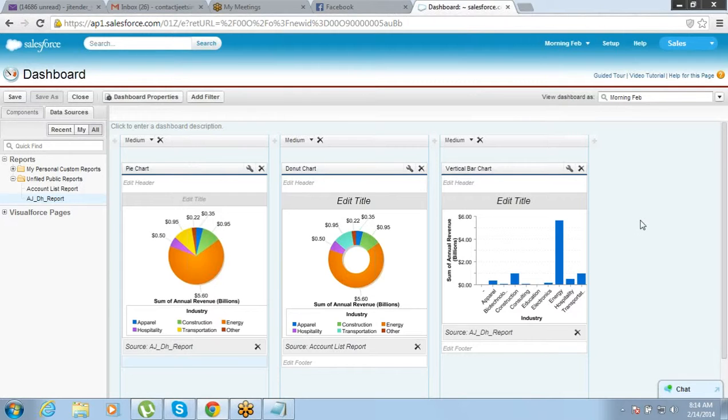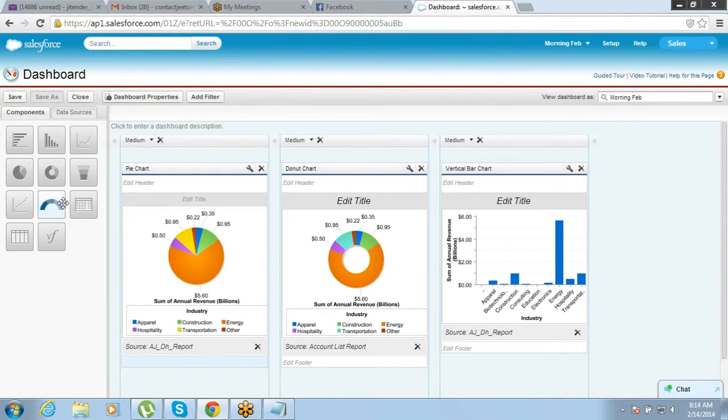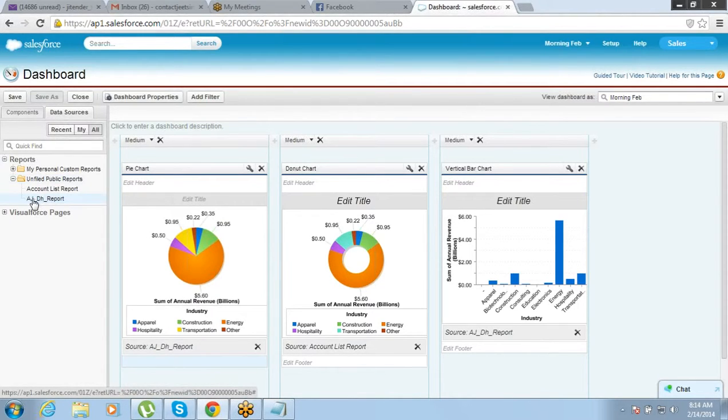Usually, did you make different types of charts? So you have a donut chart. These are all available. So how did you make it? How did you make the same data go to the donut? Did you just drag something over? Yes. You have to drag over the data source each time.